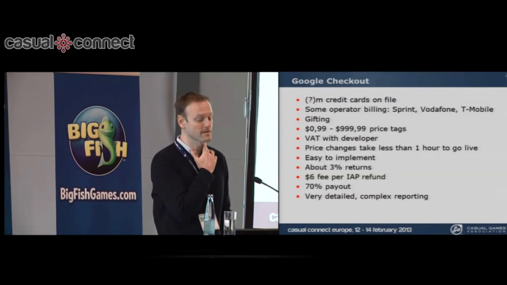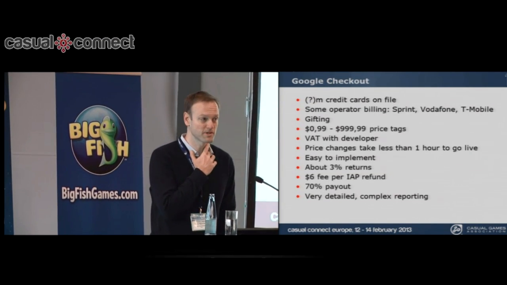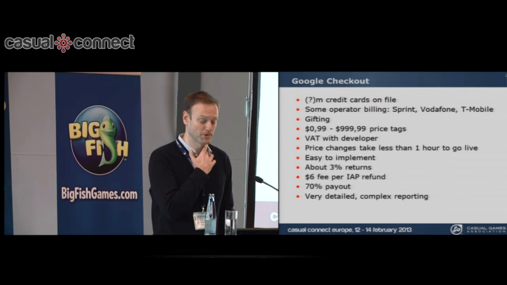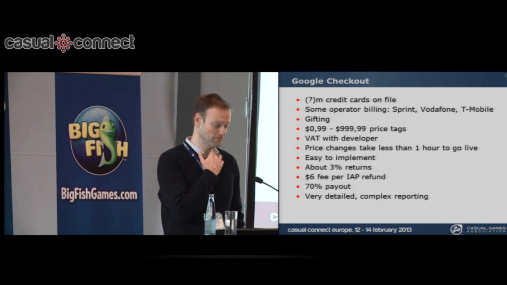So if you compare it with the second largest market, Google Checkout, I really searched the internet. There's no information on how many credit cards Google has on file with Google Checkout. However, it seems that it still is the predominant billing system for mobile apps on Google Play. As a plus compared to Apple, Google also has some operator billing. It's not too many, but at least Sprint in the US, Vodafone, T-Mobile, and the large countries in Europe are supported. And this is going to get better and better. So Google is really improving, and to a certain degree has an edge compared to Apple.